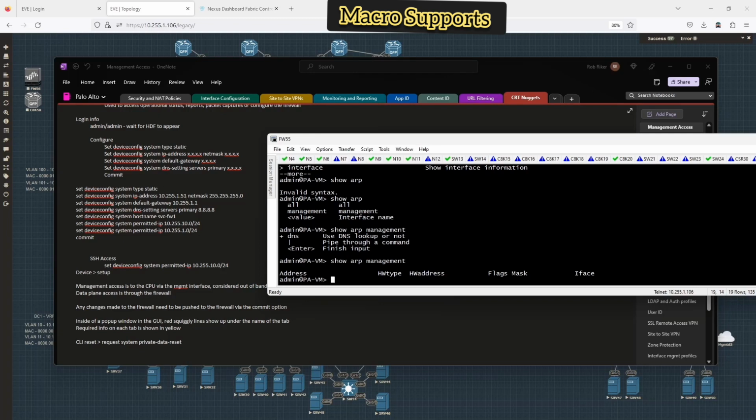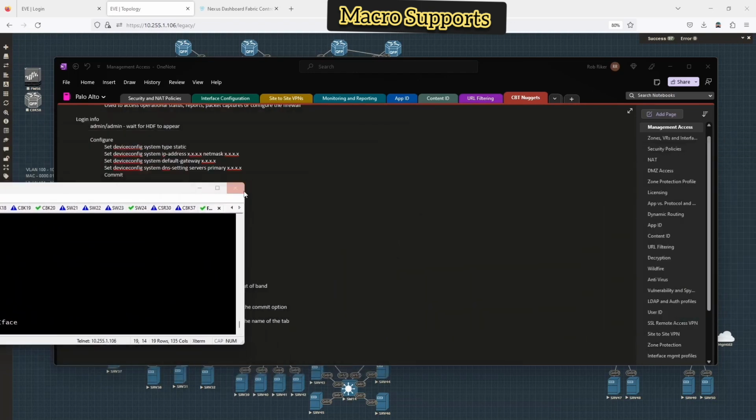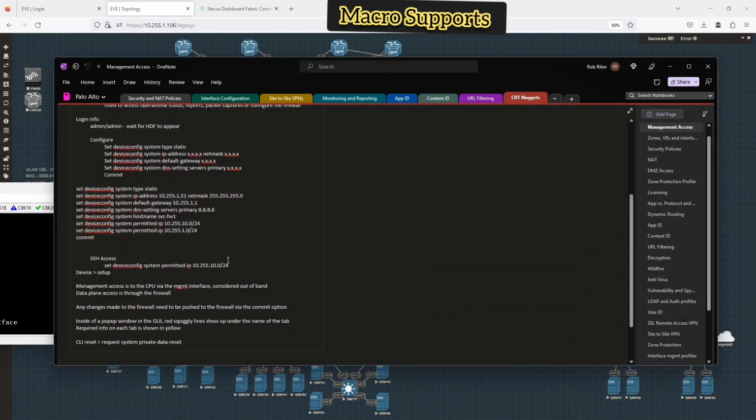I can use whatever IP. Let me do just a quick check here. 1.51. I don't think this IP is in use. Yeah, it's not responding. So I'll use 51. What I'm literally going to do is grab this. Oh, no. I'm going to grab all this config right here,